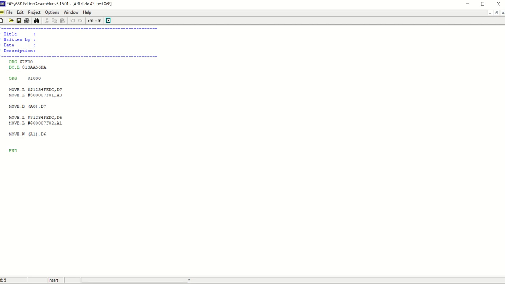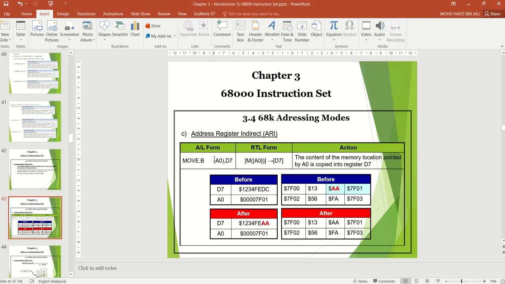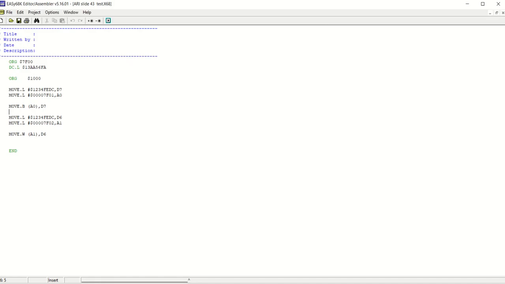And then the instruction is MOVE.B (A0),D7, move the content of A0 to D7.